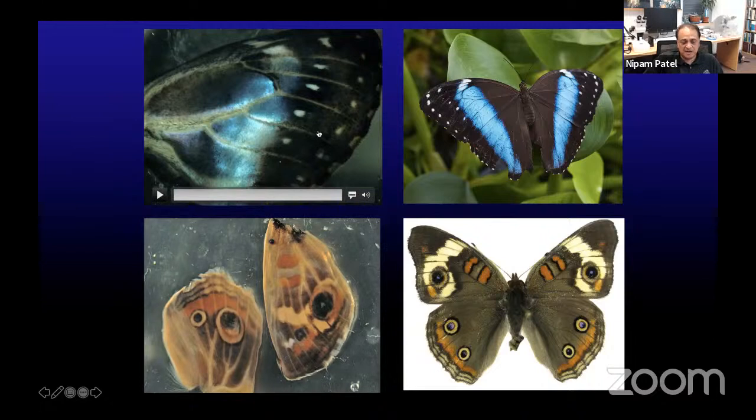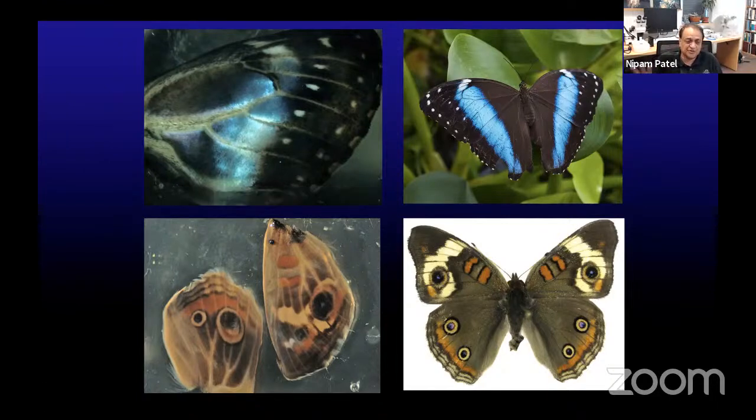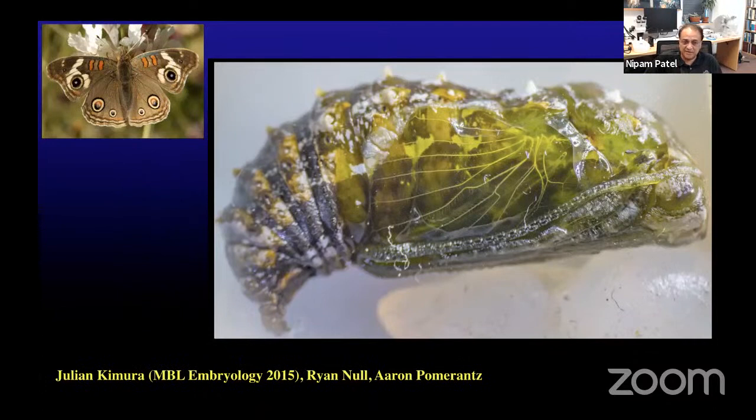The problem we discovered, though, is we could only do this successfully if we took the wings out at a certain point in pupal development. And it turned out that in all those cases the structural colors really already were there. The pigments may come in later, but the structural components had already been built. So instead, we turned to a technique to be able to image inside of the pupae.